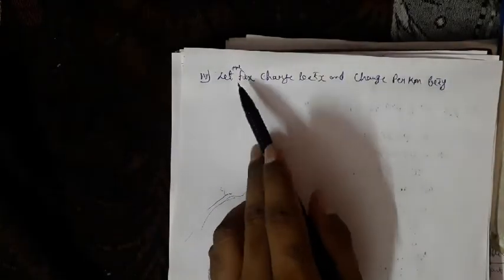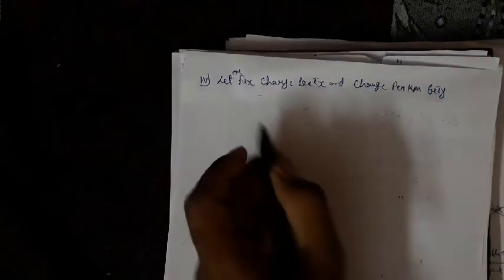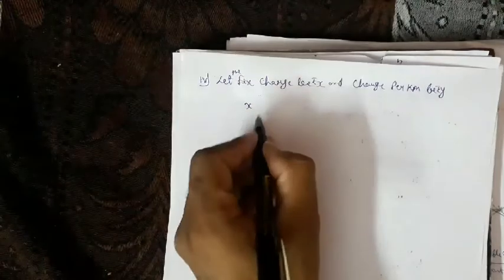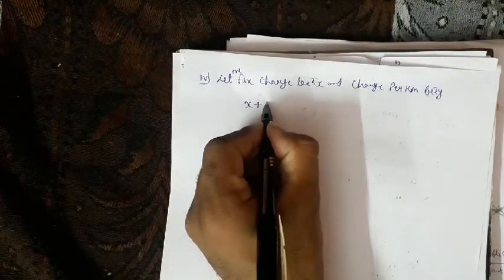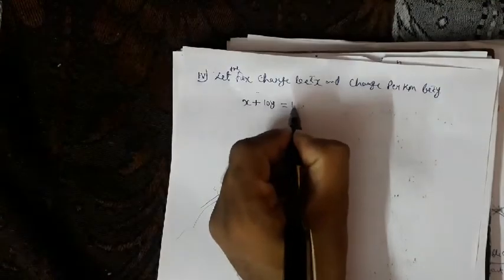So let us understand. Let the fixed charge be rupees x and the charge per kilometer be rupees y. Now see the first condition they have given. For 10 kilometers the charge paid is rupees 105. So 105 would be our total fare. It would be written as first the fixed charge that they must give, plus charge per kilometer. They are traveling 10 kilometers, so 10 into per kilometer charge is y. 10y equals what they are paying, 105.